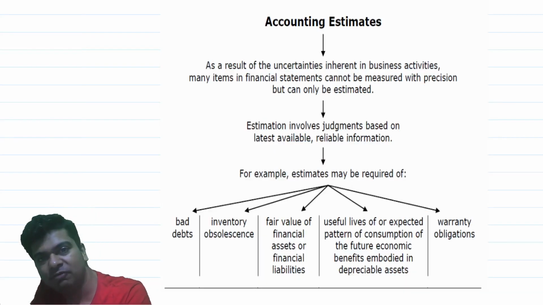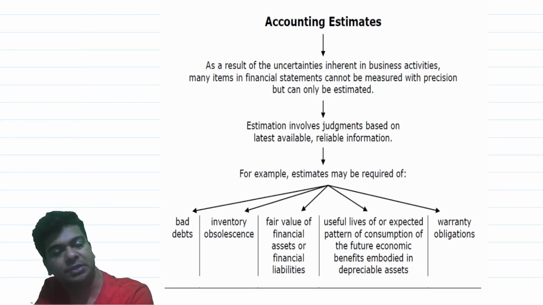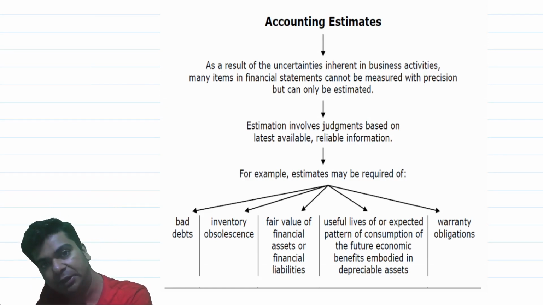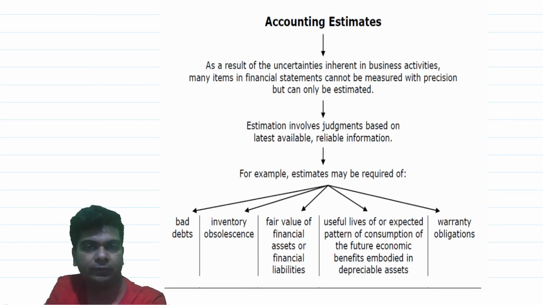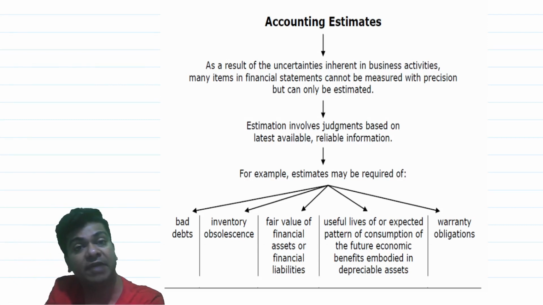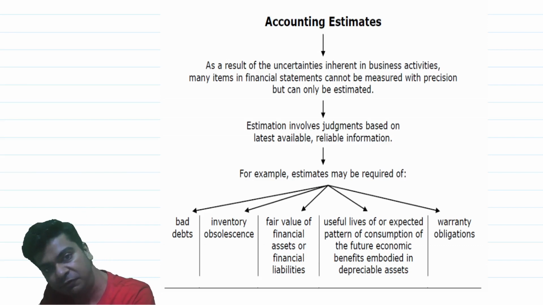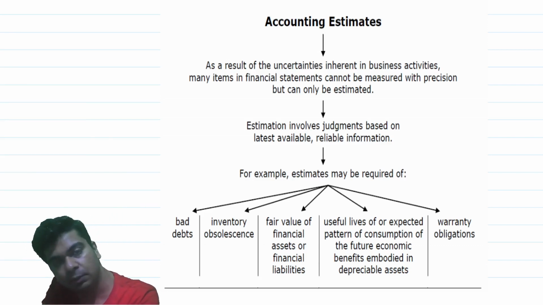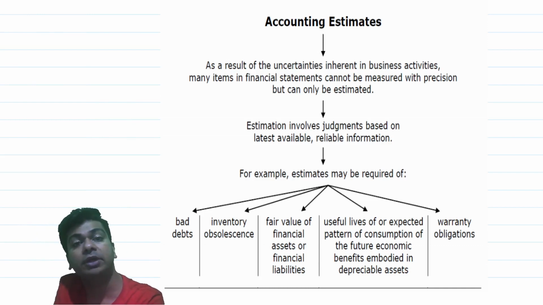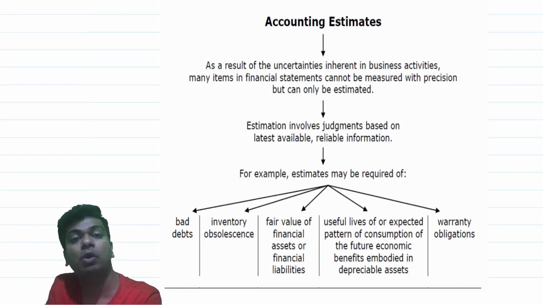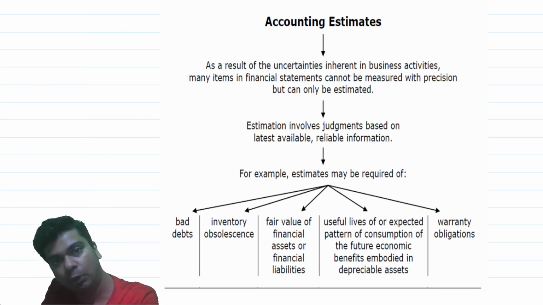The second segment of Ind AS 8 is accounting estimates. Whenever we are preparing and finalizing our financial statements, there are a lot many items for which estimates will be required. The actual outcome will be known in future, but I cannot wait for accounting to be done in future. Accounting is to be done right now. And hence, without making estimates, it will simply not be possible to carry out the accounting.